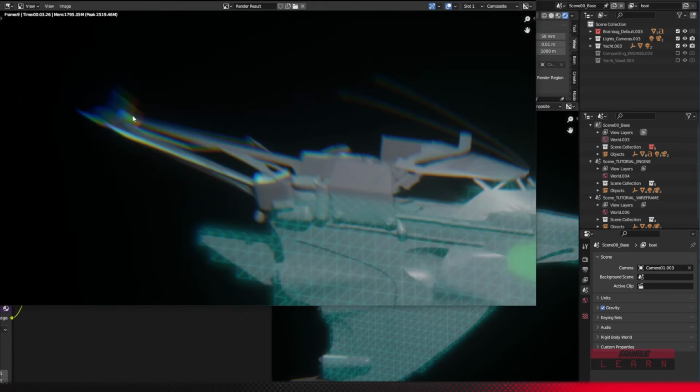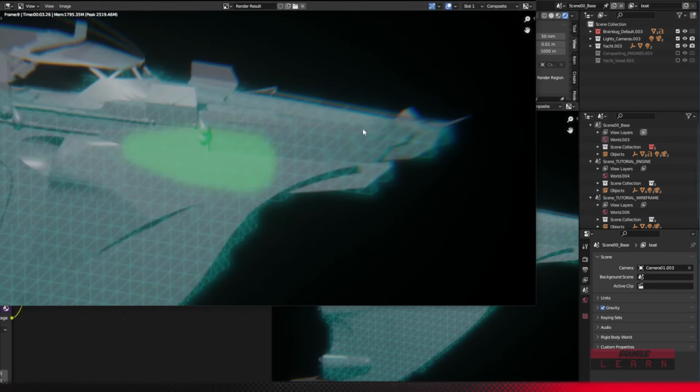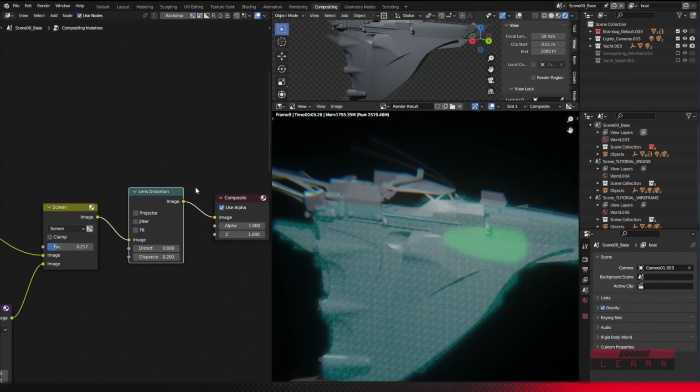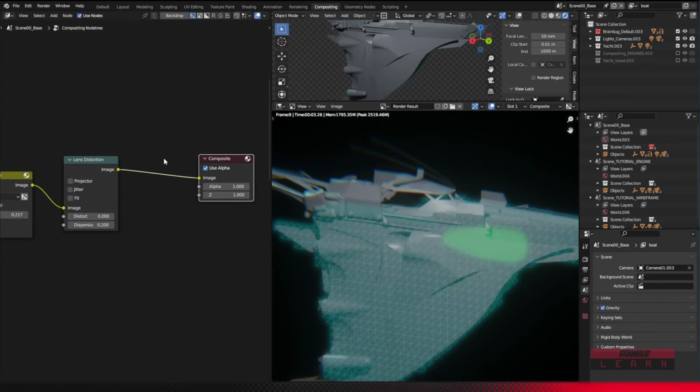So yes, you can see now it's adding this kind of smudgy screen rainbow effect, which again, is massively overplayed. I do it too often in these sort of things. I can't help myself, and I will stop one day, but today is not that day. I've talked about a few little things you can do with the compositor at this stage. That's one of them. Another thing you can do is